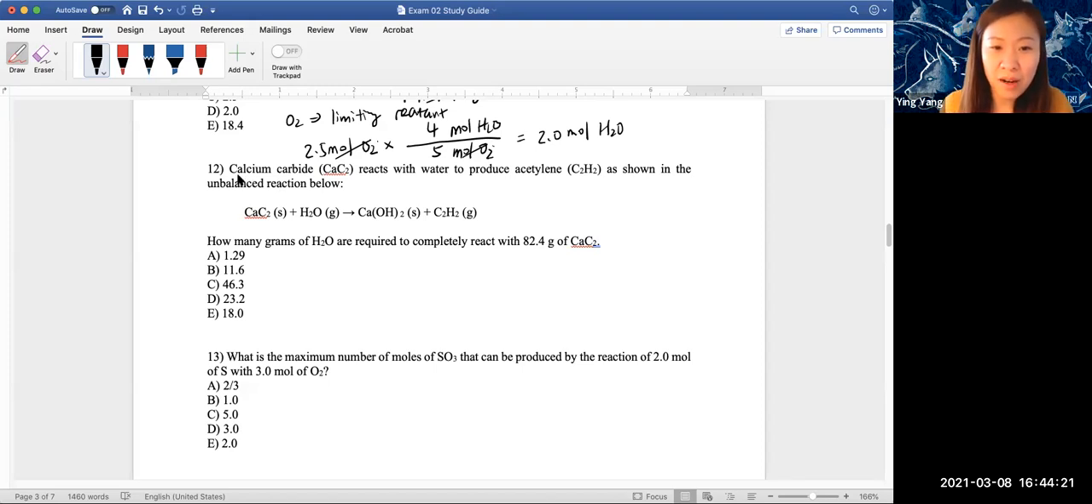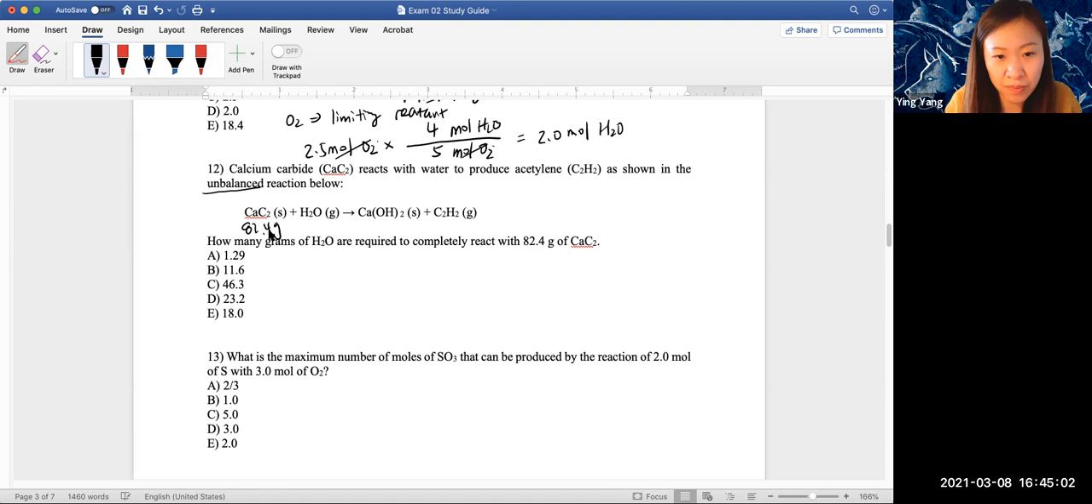So calcium carbide reacts with water to produce acetylene, as shown in the unbalanced reaction below. No, you don't need to know what they are, just know they can react. So this reaction is given, and it tells you that it is unbalanced. And then how many grams of water are required to completely react with this amount of calcium carbide? Now, grams of water is what's asking, and what is given is the